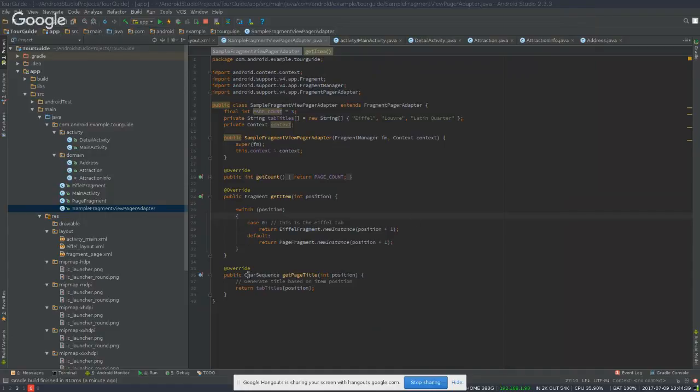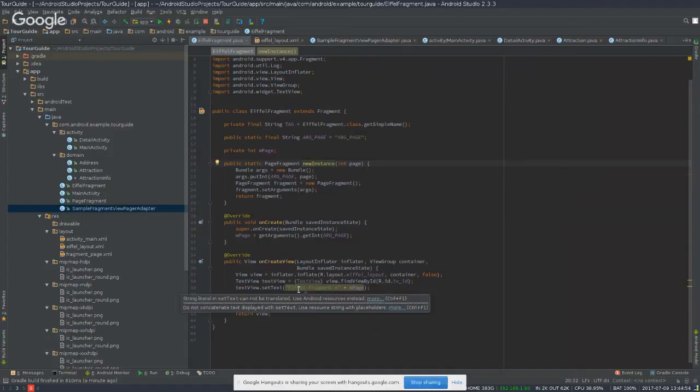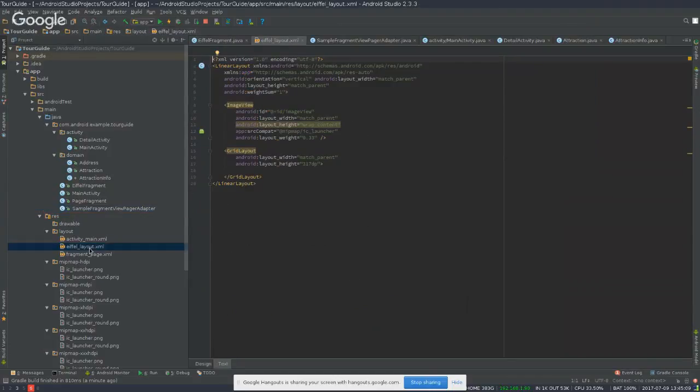Okay, and so what's happened basically here is that because this position here was 0, it should have shown me. So I think what's happening here is that the Eiffel layout might not have